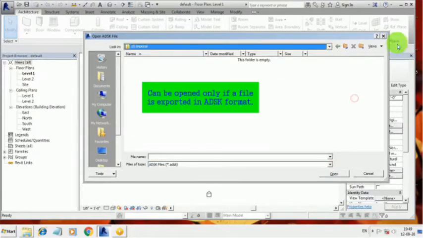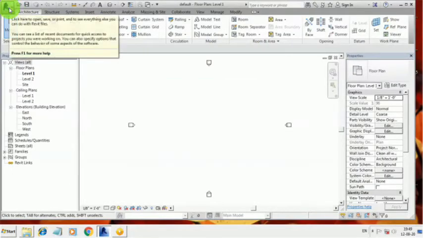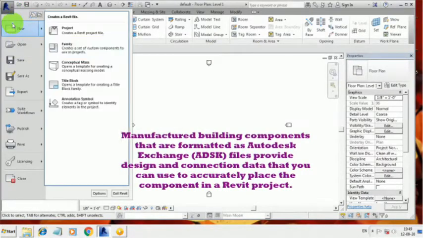The ADSK stands for Autodesk Exchange format. So we can only open the file if it is exported in ADSK format.